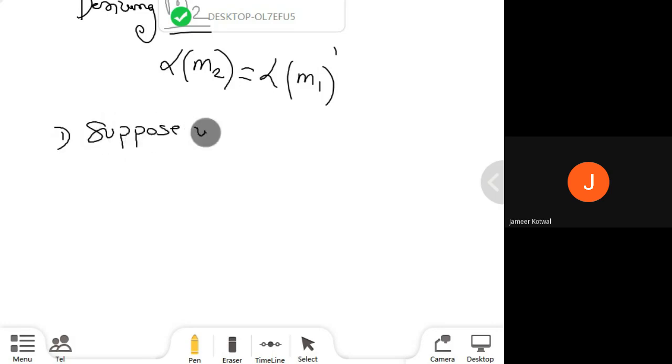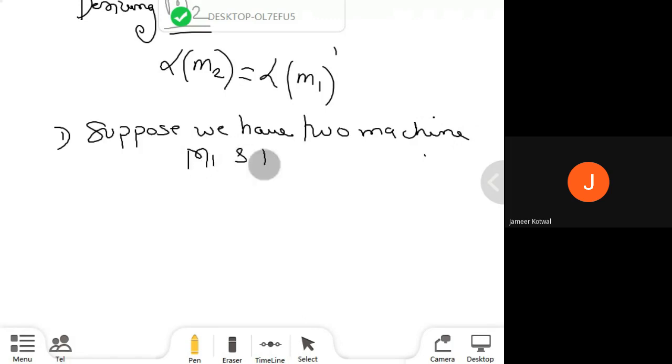Suppose we have two machines, that is M1 and M2. दोन मशीन आहे. So what does the M1 machine represent? The M1 machine is for accepting a set of strings